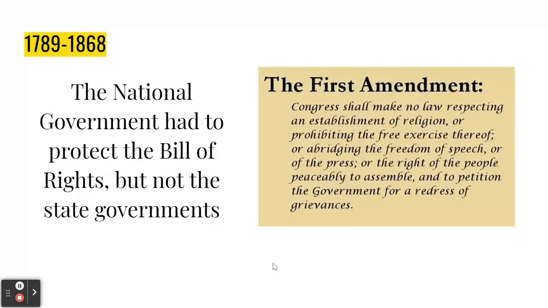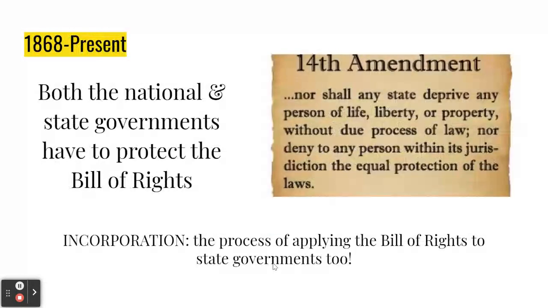And that was because of the wording of the individual amendments themselves. Like the First Amendment's on the screen here, right? The First Amendment's probably the most infamous amendment of the Bill of Rights. And if you look at the way the First Amendment begins, it says Congress shall make no law establishing a religion. It says Congress. It doesn't say Congress and the states. So the Supreme Court interpreted that from the beginning of our country's history up through 1868 as meaning that it only applied to the national government. The state governments didn't necessarily have to give those same protections to their citizens. It was just from the national government. That is the interpretation up until about 1868.